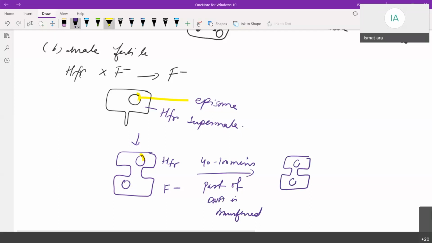You can see part of DNA. This one is yellow, the plasmid part. And here also transfer of DNA takes place. So at the end, students,